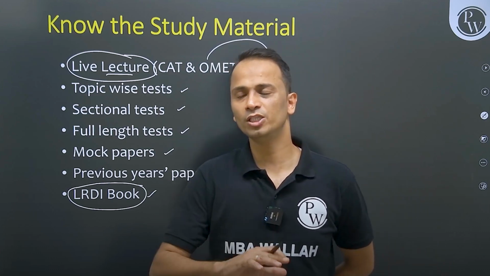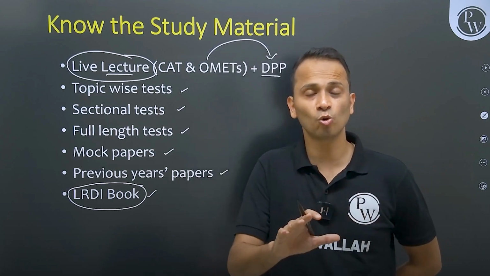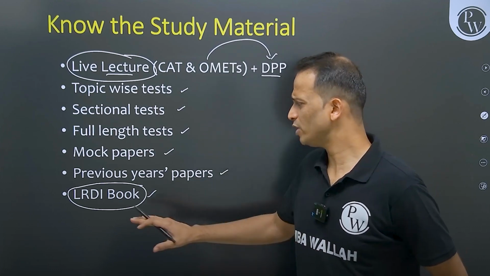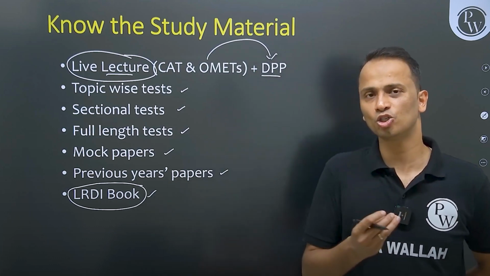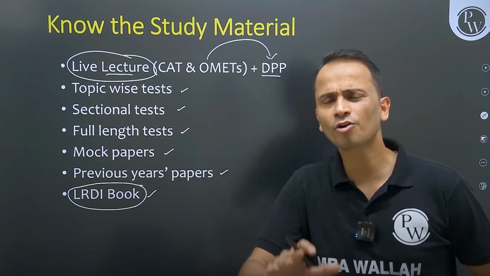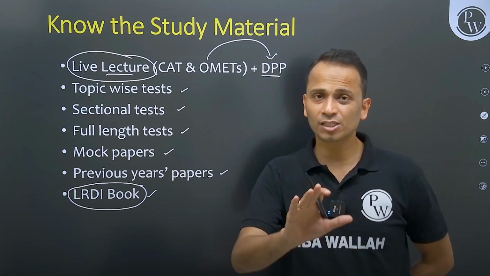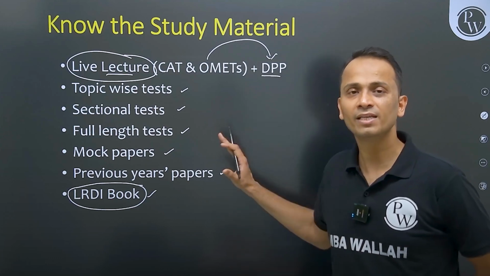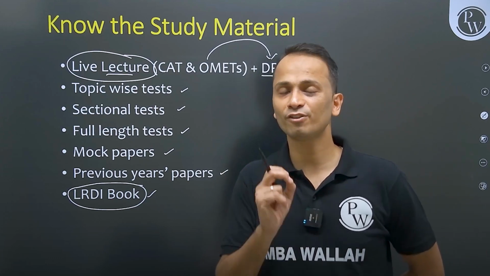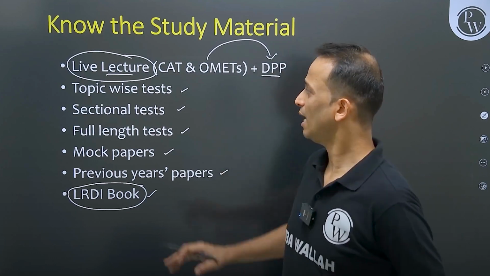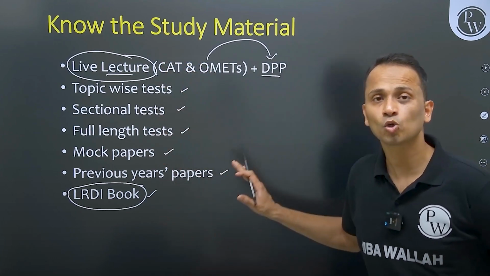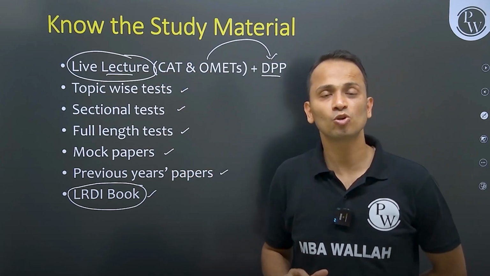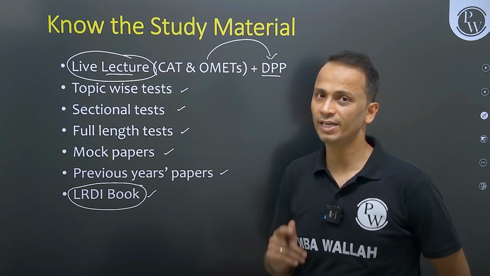All right. So these books were not included in your course material, right? So what you can do is LRDI book or Quant book or VARC book, you can purchase it online. You can just order it, but not right now, right? So I'll be explaining you what you'll have to do in this week-wise plan for the next 120 days. And just first of all, helping you to get familiarized with all the things, all the study material that you have for these next 120 days, right?